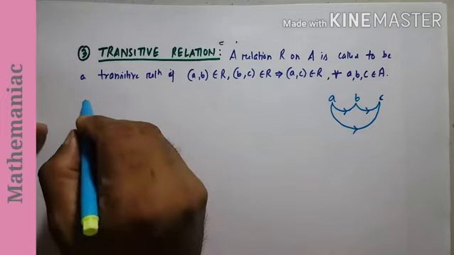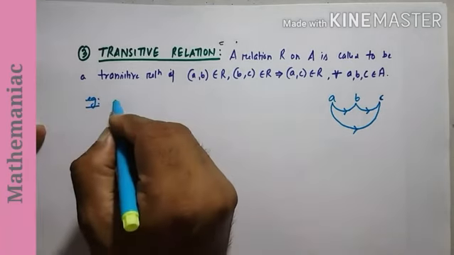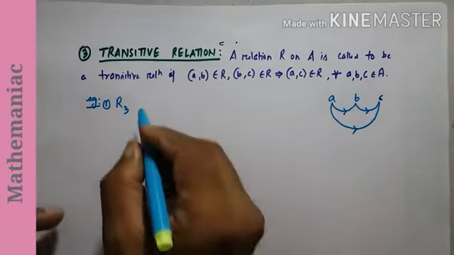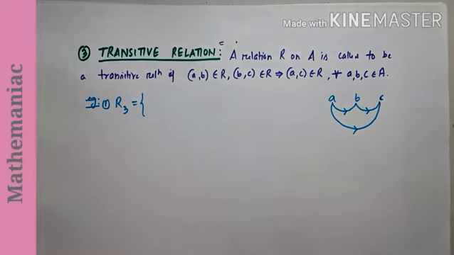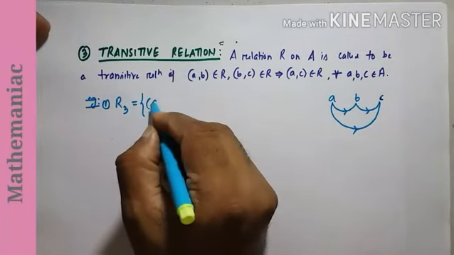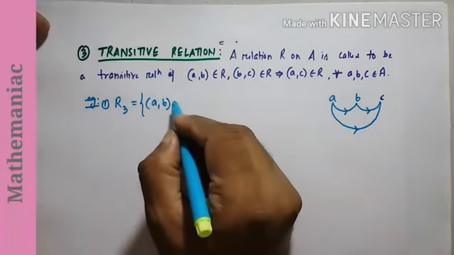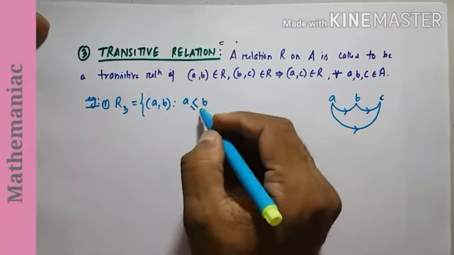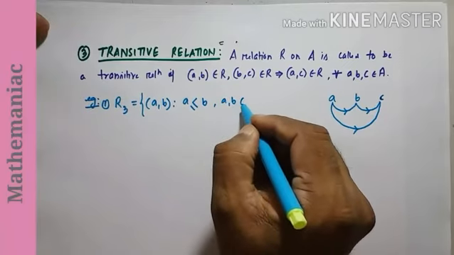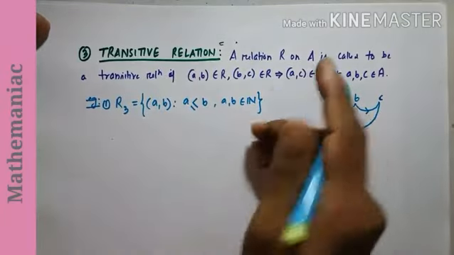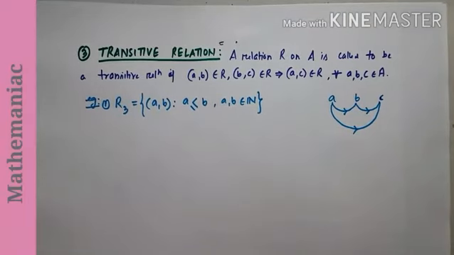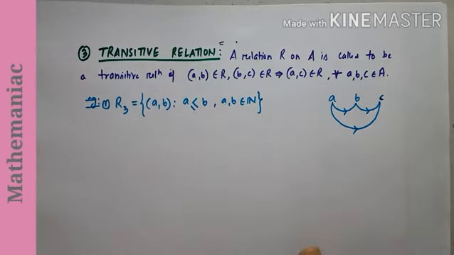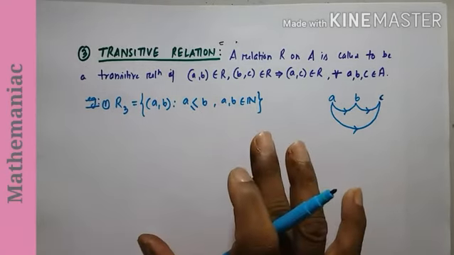So now let us discuss an example. This time I'll take R3. Example number 1, say R3. Relation 3 I am going to consider. I have (A, B) where A and B are related. If I write A less than or equal to B, and I want to pick A and B from the set of natural numbers. A is less than or equal to B. A may be equal to B, A may be less than B, or both may be true, right? So am I clear to you?